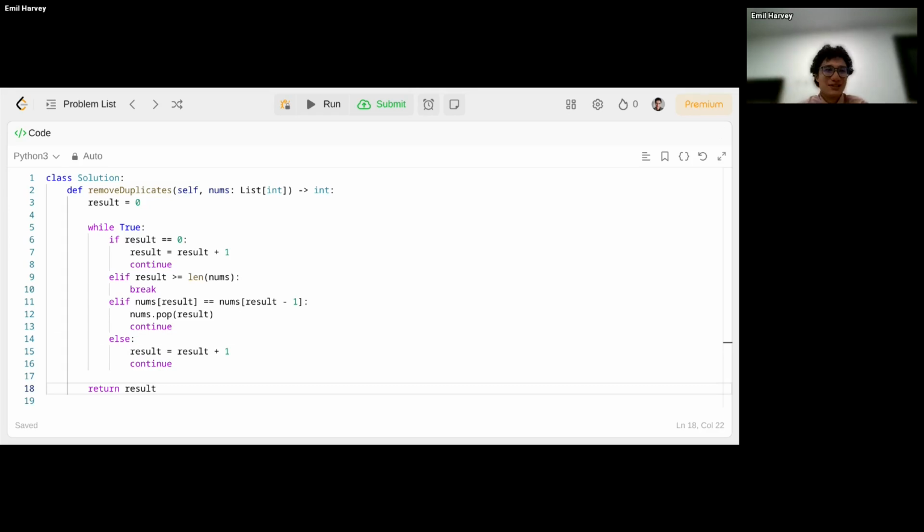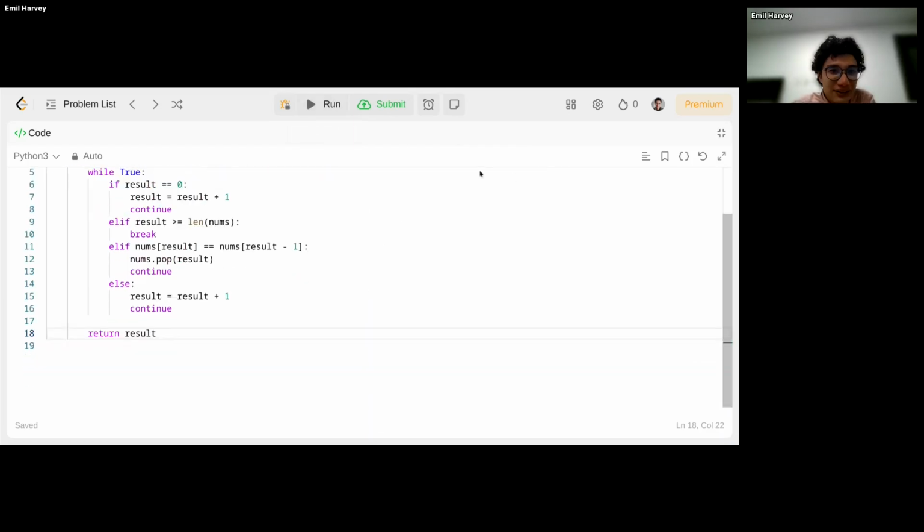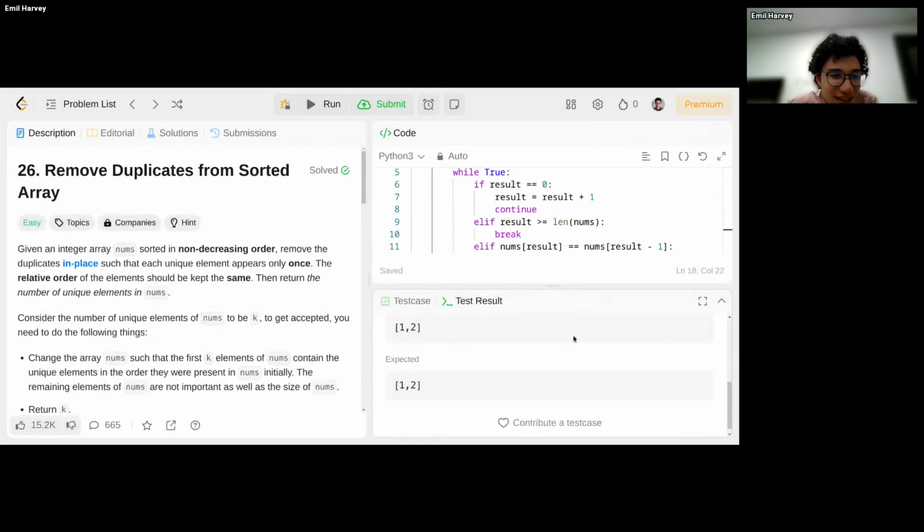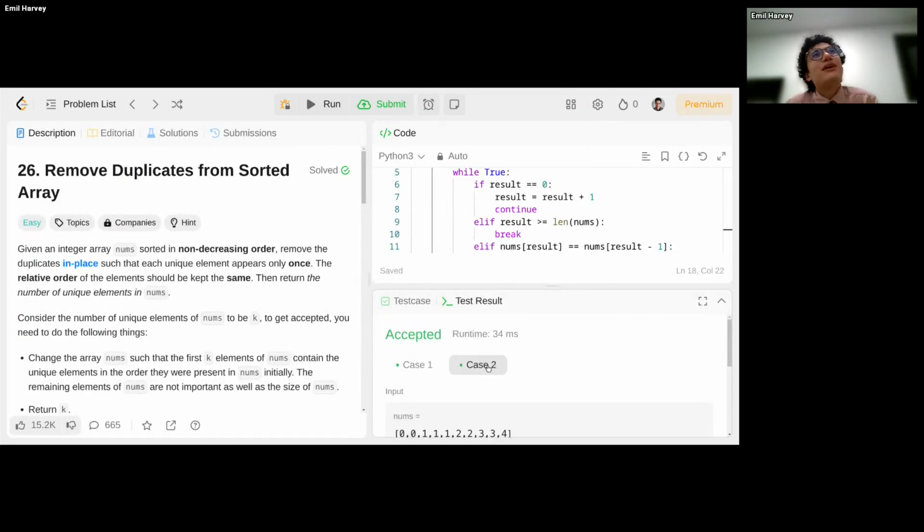So I just use the next closest name, which is result, which is nice and boring, but I think that's good. Now that I've put in a solution, I can hit play, and that will test it against a few cases. I don't know where this thing went. Yay, it's accepted. We can see down on the bottom right that the two example test cases are fine. But we're not done yet.